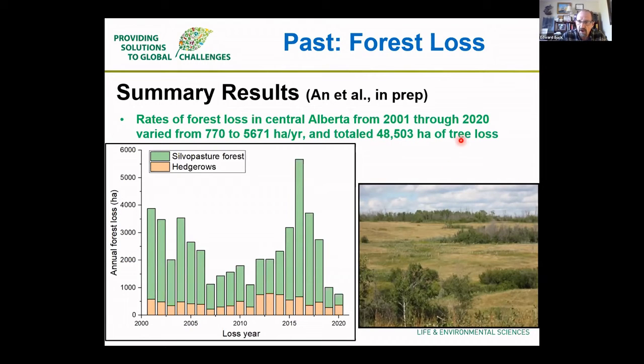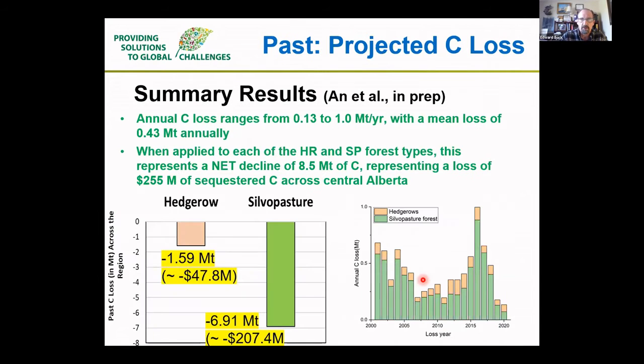What that represents is these areas would be cleared, bulldozed, burned, plowed under, and converted into something else, usually annual cropland. If we now look at the annual carbon loss associated with that land use conversion, with these forests trickling out of the landscape over time, we arrive at a mean annual carbon loss of somewhere around 0.4 million tons annually. And that's not trivial. You might not see a pronounced effect in any one year, but added up over many years, it starts to add up.